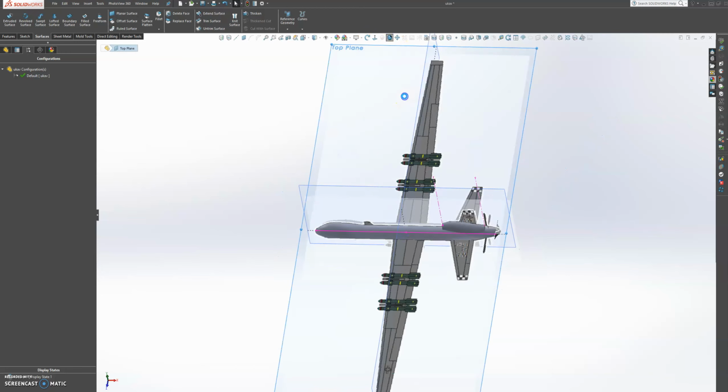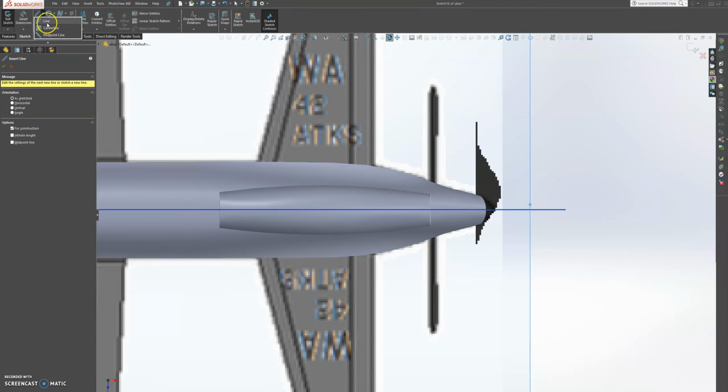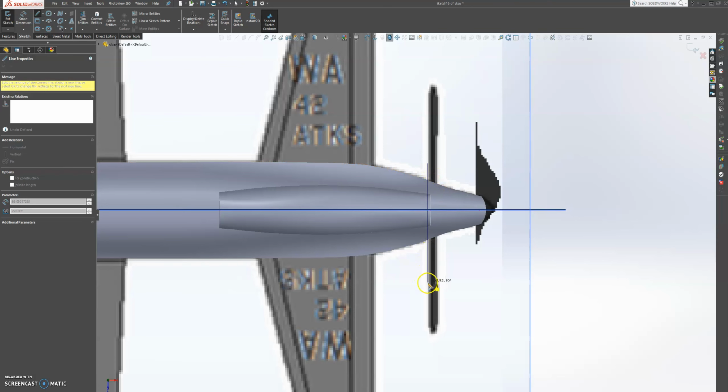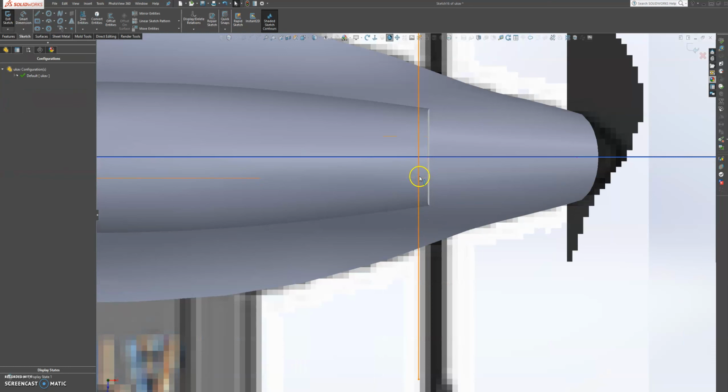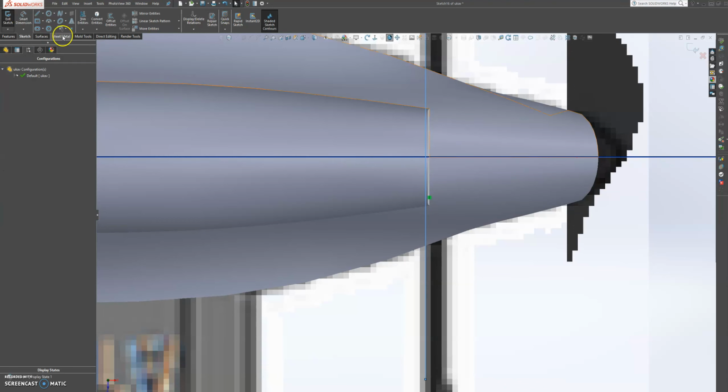So let's sketch on the top plane, and then we're just going to trim down. Let's choose a construction geometry or a line. Let's choose a line, and we're going to trim back about that much. Okay, you can always come in closer and then move this forward about there. Press OK on that, and then we're gonna go to surfaces, and we're going to trim surface, and